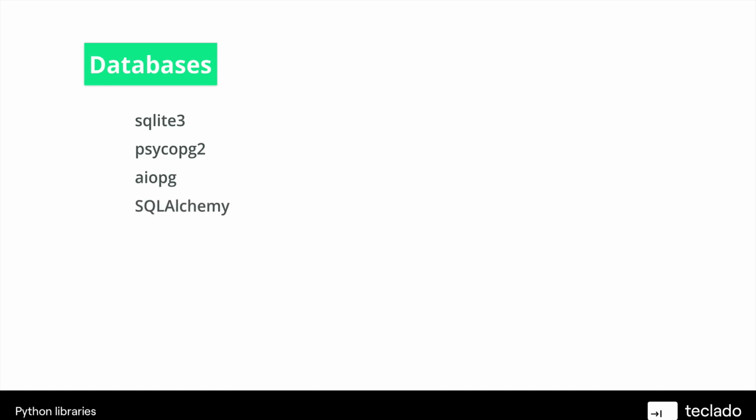SQL Alchemy is a sort of a different beast altogether. It can be used to connect to SQLite or Postgres or MySQL or Oracle or indeed any other type of database. And it sort of wraps the entire database connection in a different format. So what SQL Alchemy allows you to do, and we're going to look at this later on in the course,